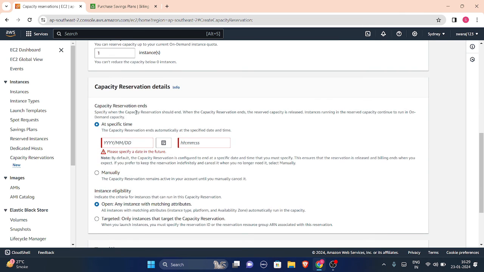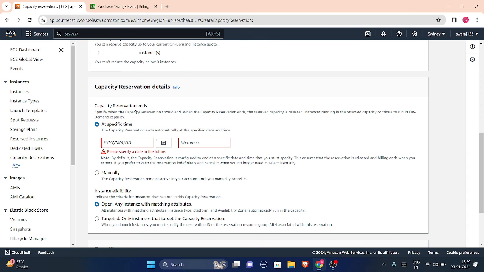You can also choose the specific time at which your reservation should end. Like in a hotel, you say I am booking this for 2 months, and after 2 months from this date the capacity reservation will end, and the instance will no longer be yours.